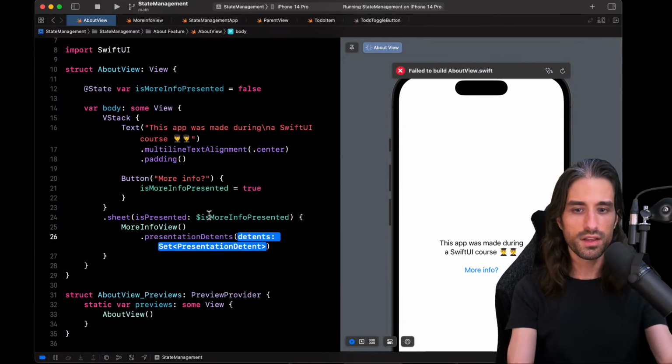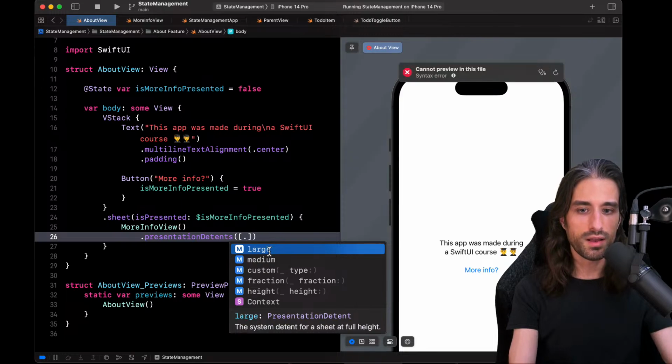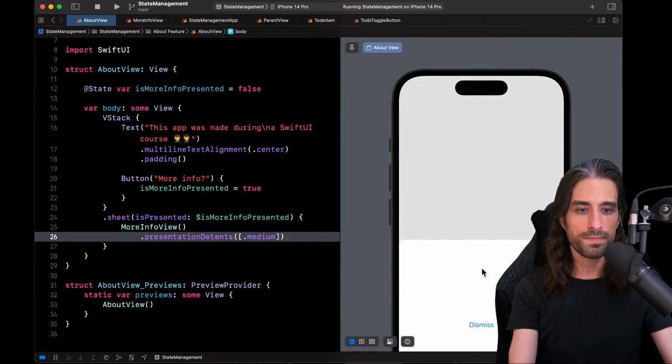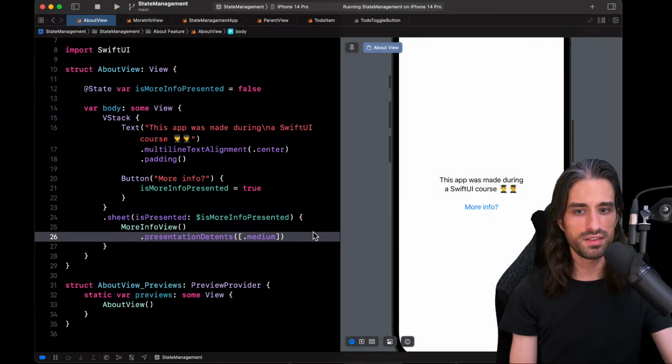And you can provide a set of possible detents, and you have large, medium, or custom. So for instance, if I set medium, you can see that now it's only being displayed half the screen, and you cannot even make it go bigger. It's half the screen, and then you can still dismiss it.